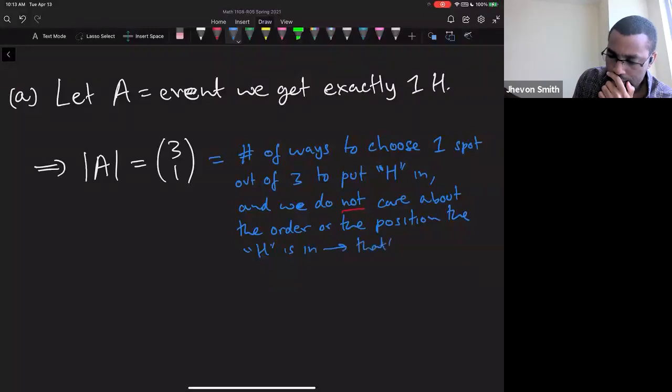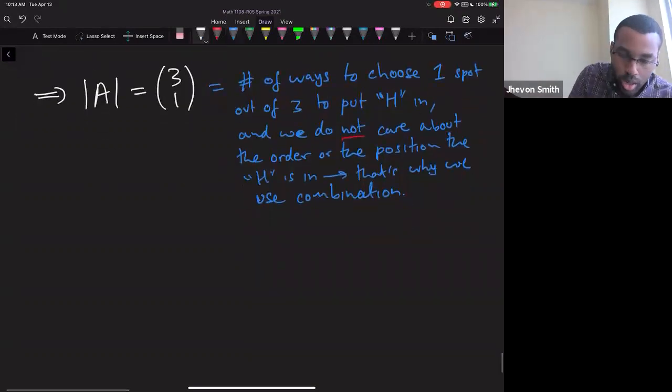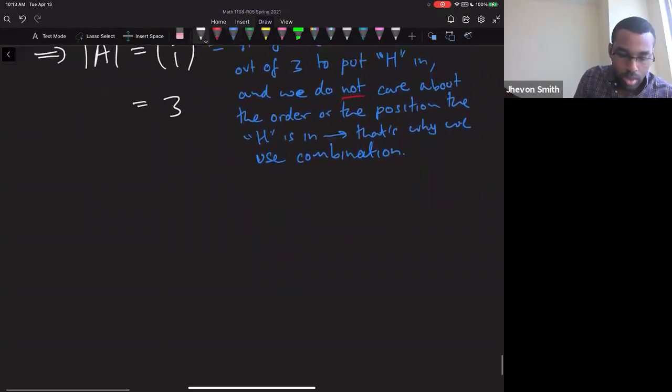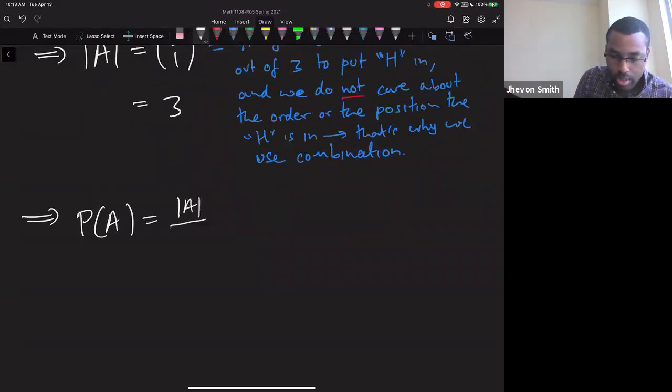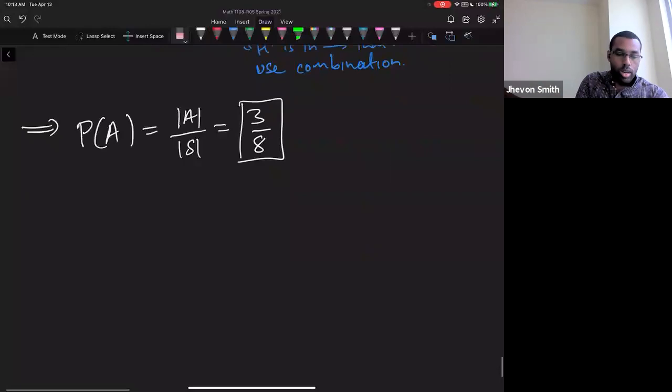That's why we use combination. Right, so that could be a way you can figure it out. 3 choose 1 is actually 3. And so this means the probability of A is going to be the size of A over the size of the sample space, which is 3 over 8. Get the same answer. If you move on to B,